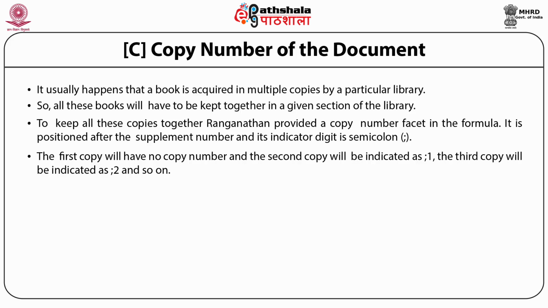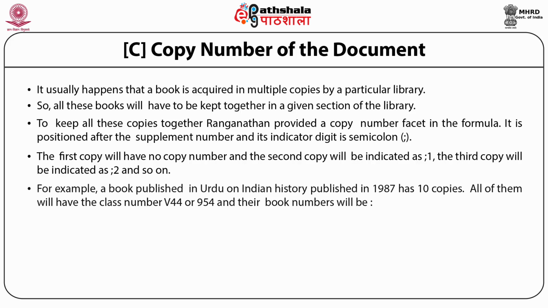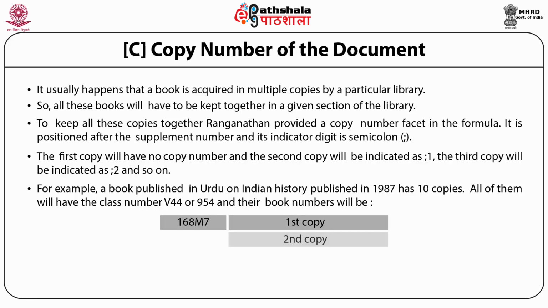The copy number is positioned after the supplement number and its indicator digit is semicolon. The first copy will have no copy number and the second will be indicated as semicolon 1. The third copy will be indicated as semicolon 2 and so on. For example, a book published in Urdu on Indian history in the year 1987 has 10 copies. All of them will have the class number V44 or N54 and their book number will be